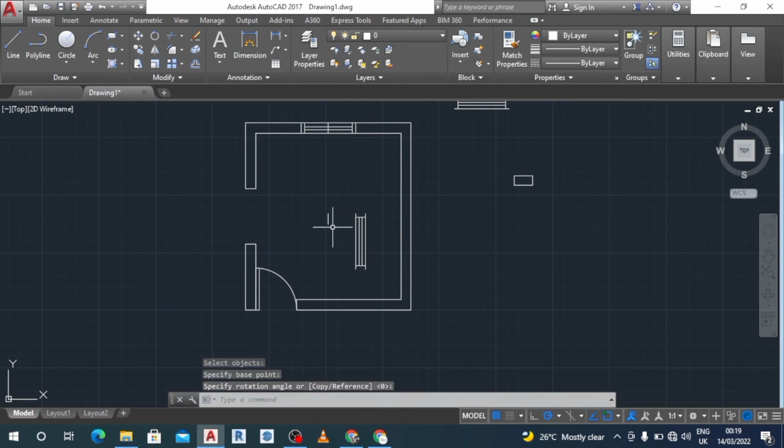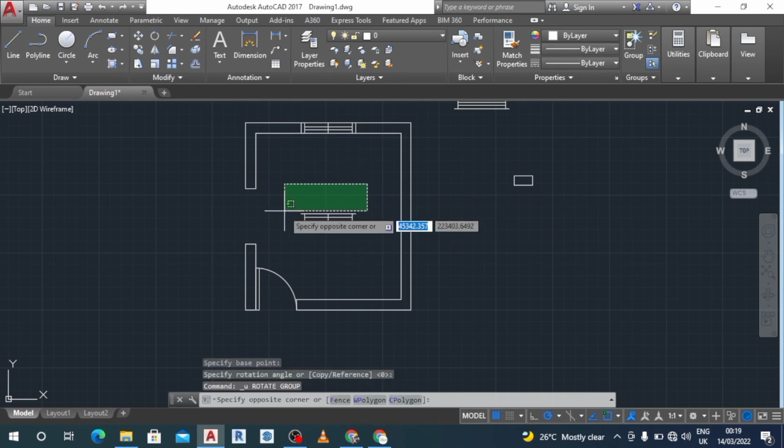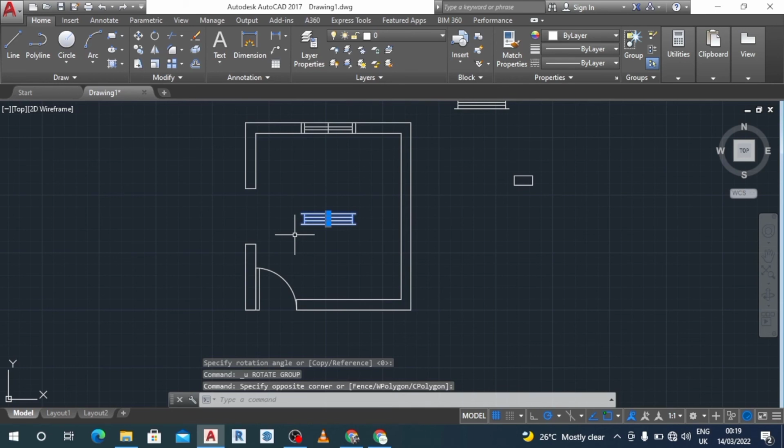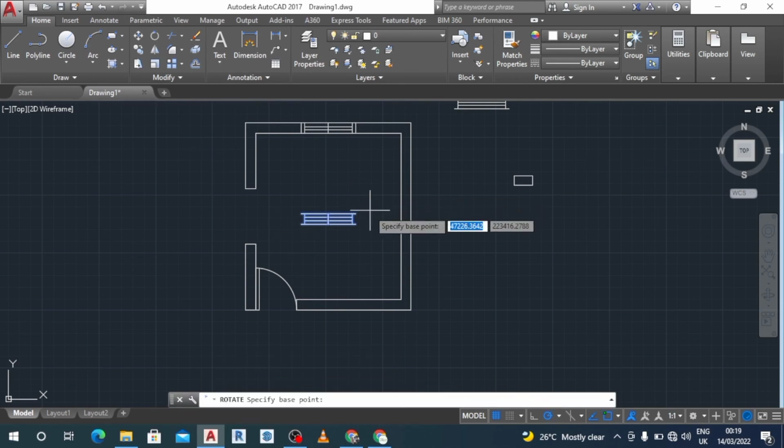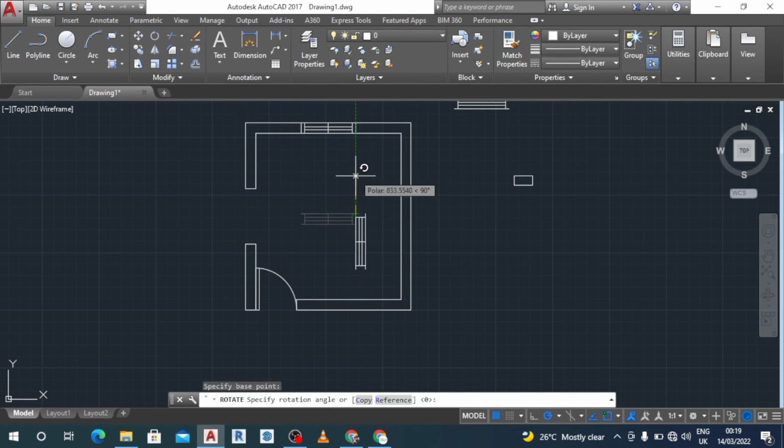Then I click. We forgot to include this as well. I forgot to highlight that when I was highlighting everything. So I highlight this, then I click on rotate, then I drag, I find a point, and I click, I rotate it to where I want it to be, and I click,